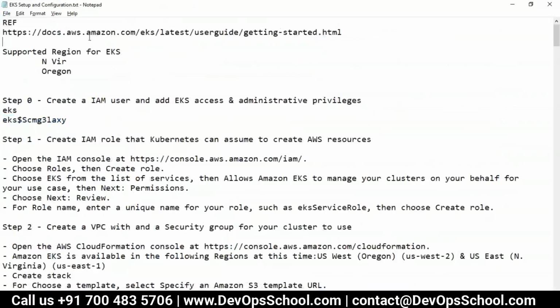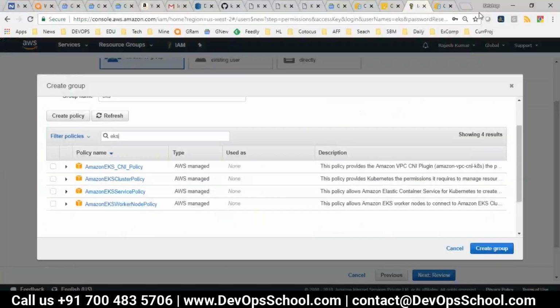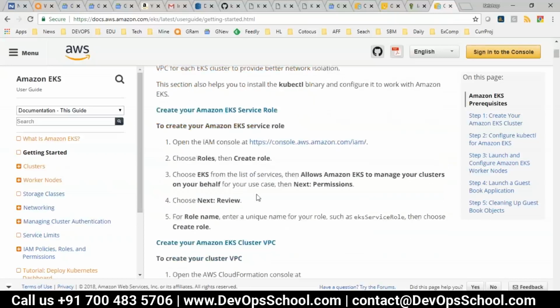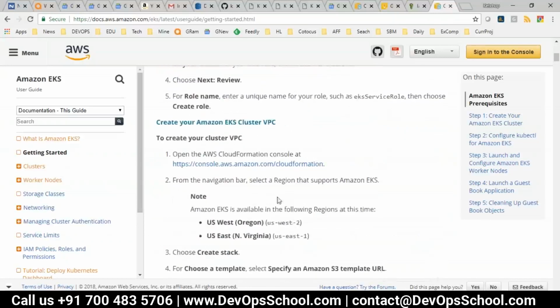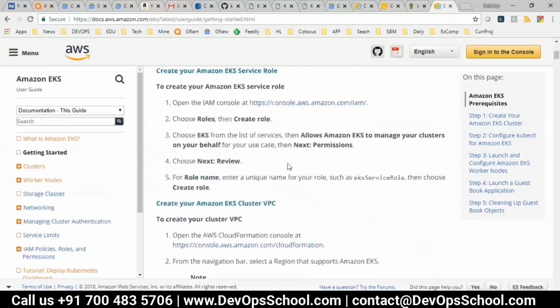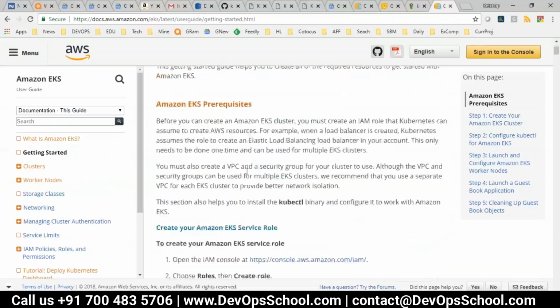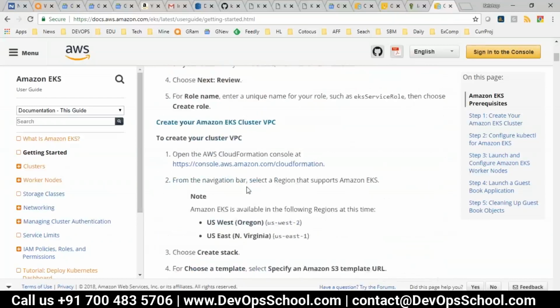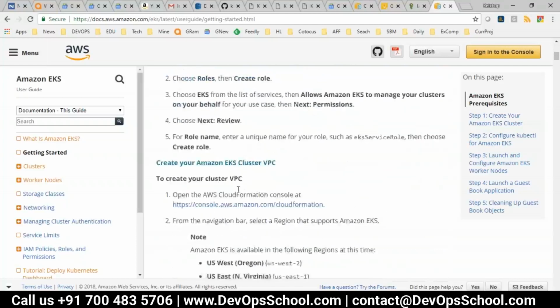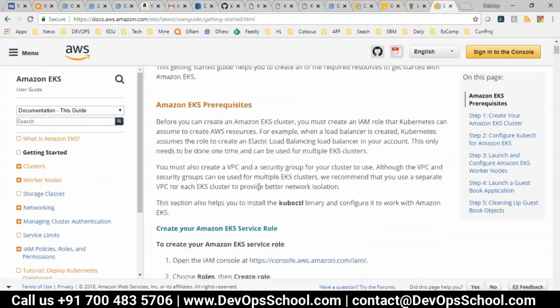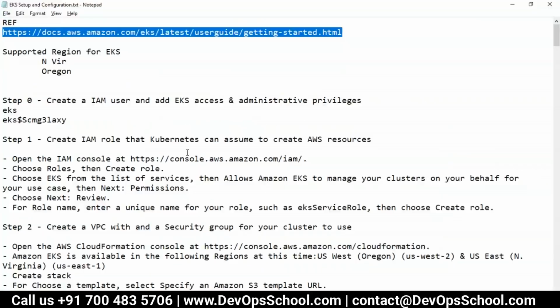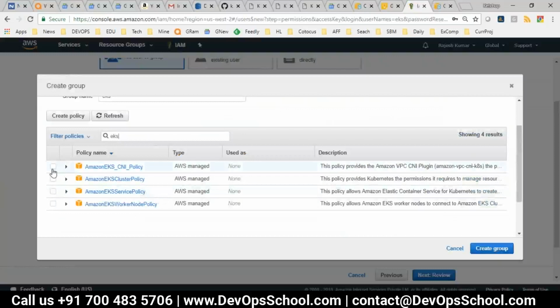Let me show you one more place where you can find all this information in a detailed manner. And here it is. You can find it in detail. So here you're creating the IAM user, and after that you're going to create roles. And those are the things we are going to do. So let's get started. So I am going to give all the EKS user access